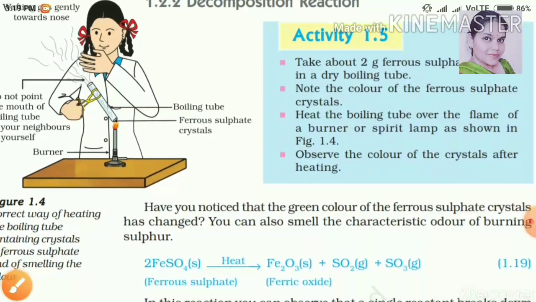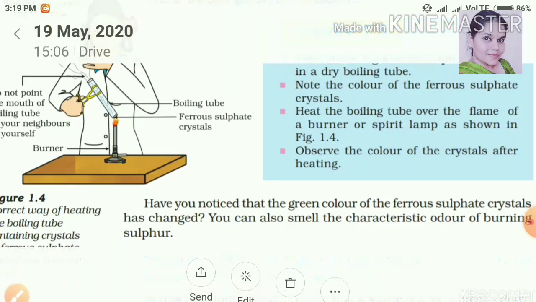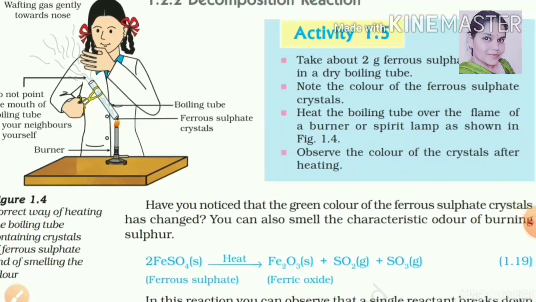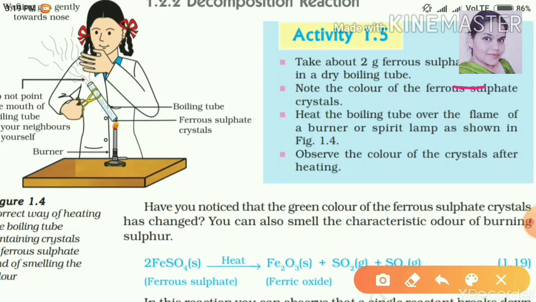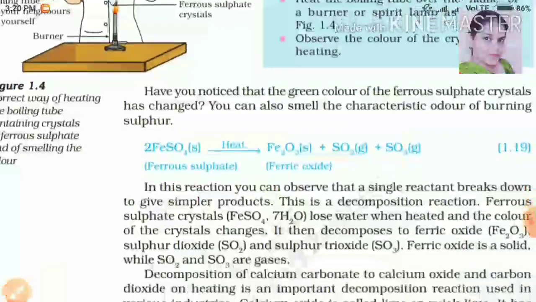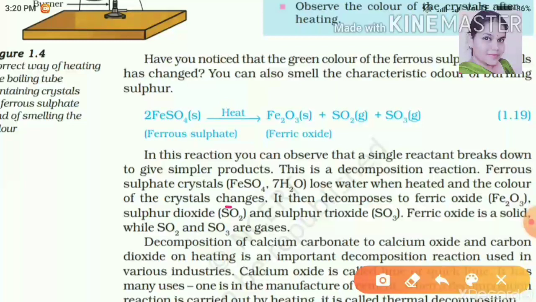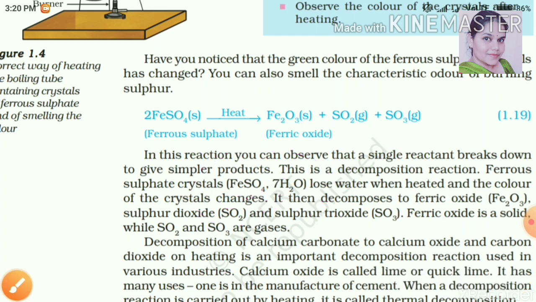Now they are crystals. Crystals means they have water of crystallization. So along with FeSO4, there are a certain number of water molecules which are not shown in this equation, but you may write it. It is mentioned below in the paragraph. This 7H2O. Here they have put a comma, which is wrong. You remove this comma and put a dot. It is the correct way of representing.